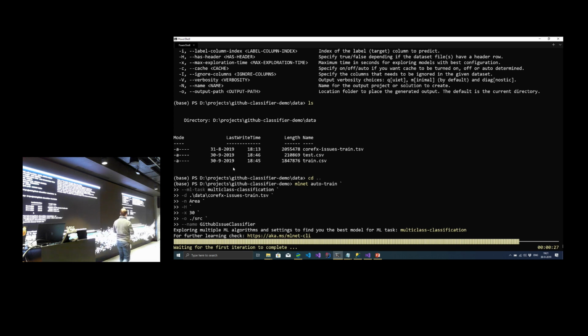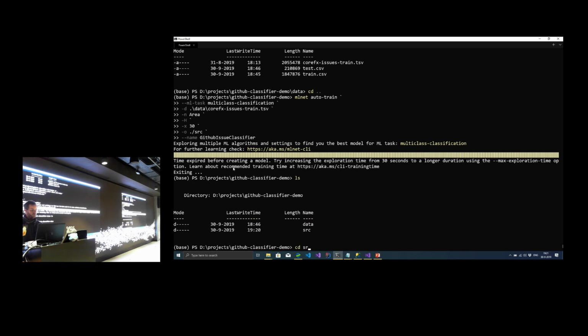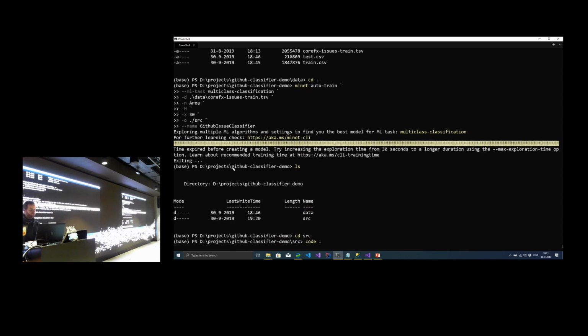What we're going to do is build an ASP.NET Core API on top of my model. Imagine you're building a microservice architecture, or you're building some application where you want to use the model. So when we look at the output in the SRC folder, I can open up Visual Studio Code.